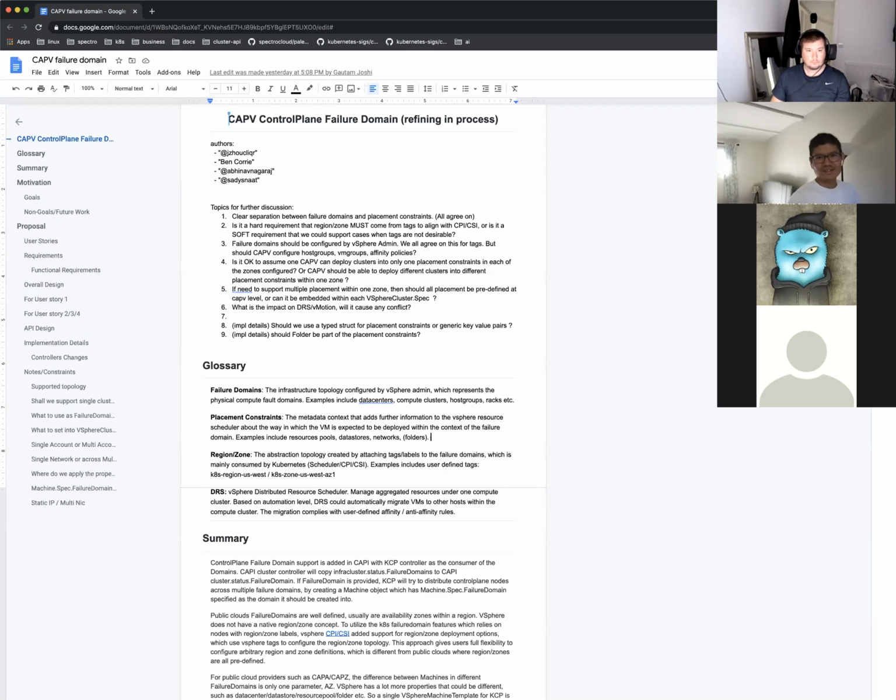Well, it could be a one-time operation. Sorry, go on, June. My understanding is CAPV is already creating VMs, like you mentioned. Yes, but host group configuration is a different level of permission. Right. Okay. It feels like it's still a little bit different.